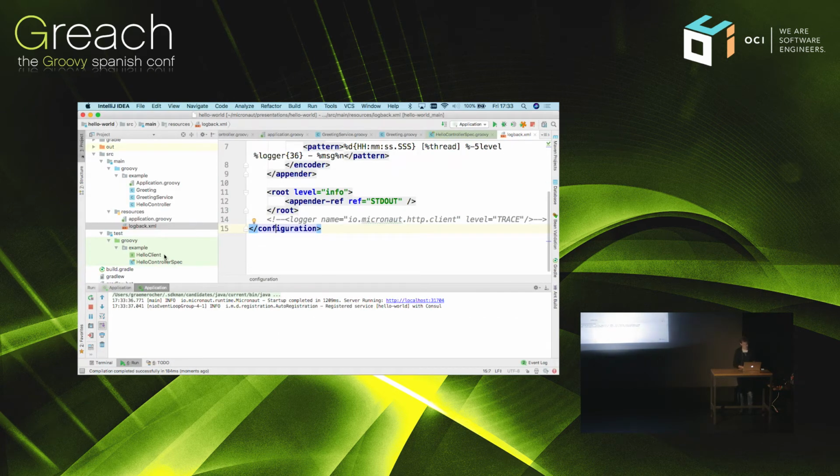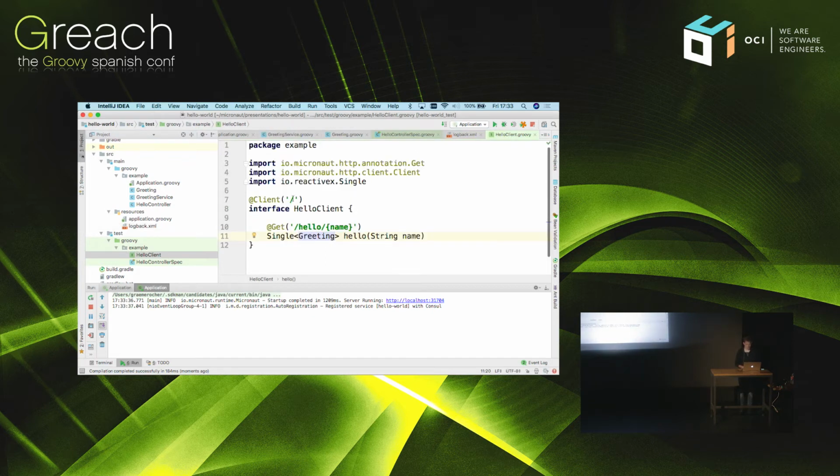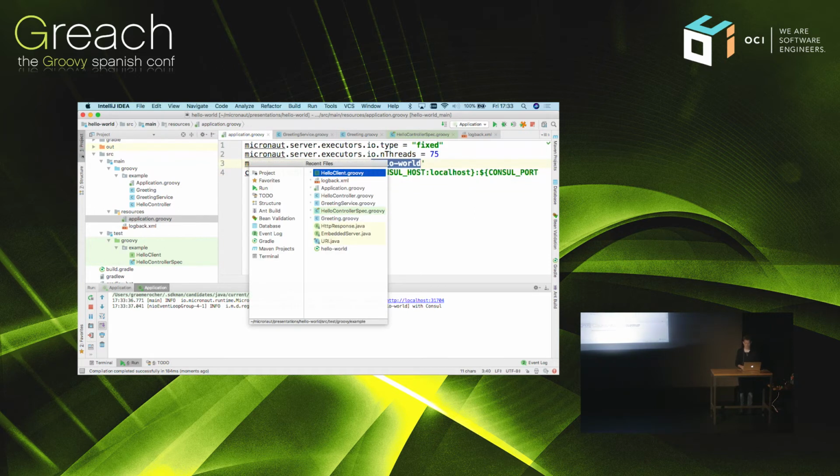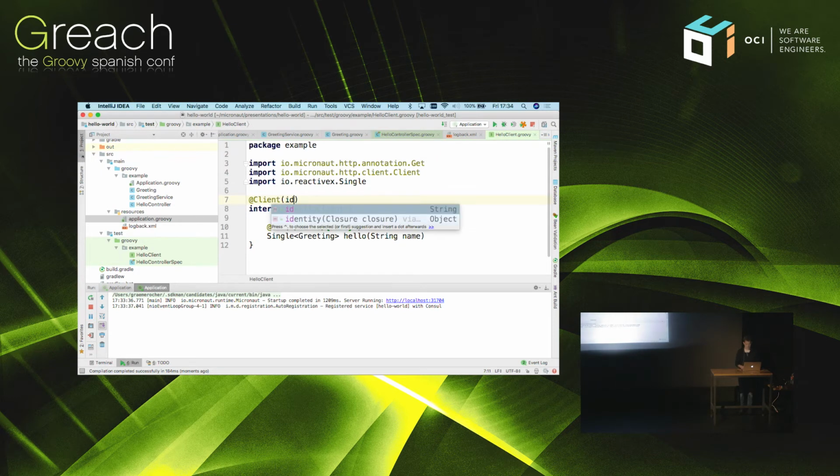So how do we discover these services? You've got all these back-end services. Well, what you do is, in the client, you'll notice that in here I had micronaut.application.name. So you use that name in your client, and you say you want to look up, whatever, just type it. Typing is easier. So we're going to look up a client with the ID of Hello World. And now,